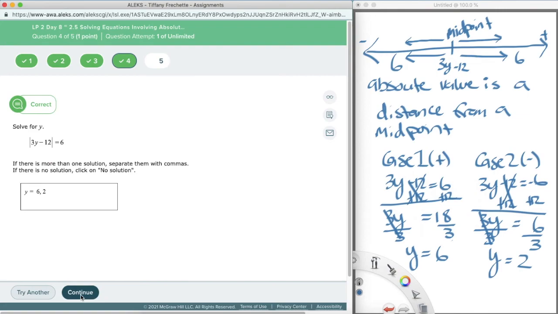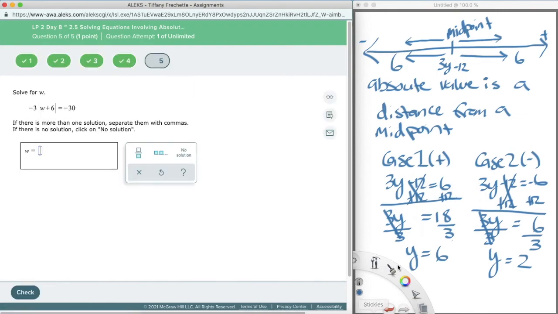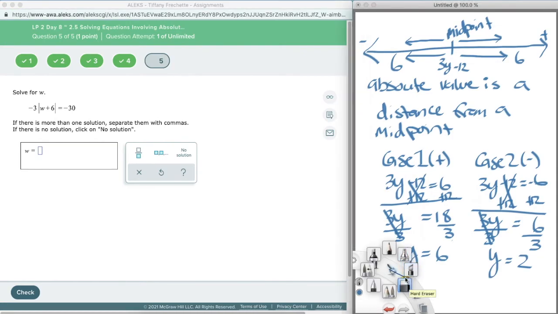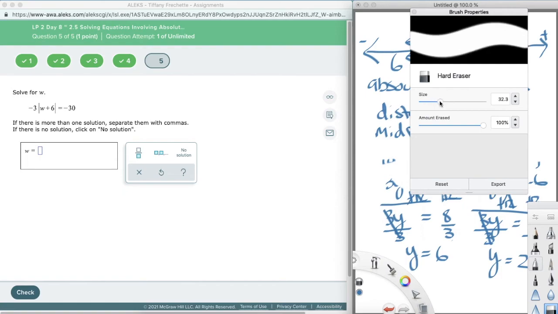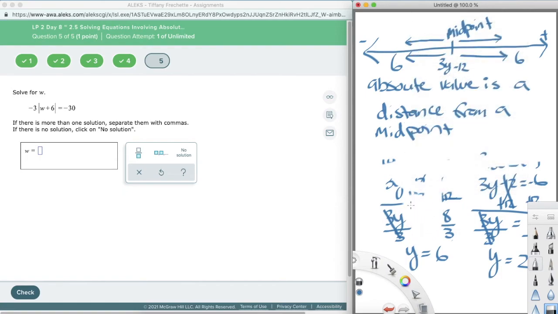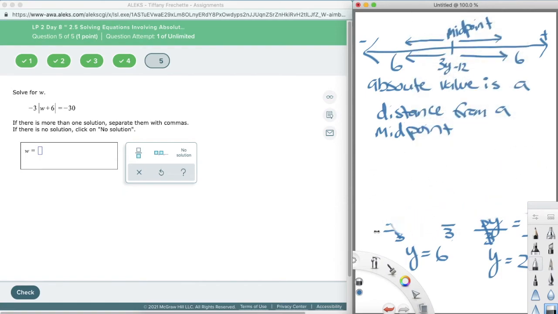All right, so let's go ahead and continue to number 5. Oh goodness, it's too small. Taking too long to erase there. Okay, and all that junk. Okay,